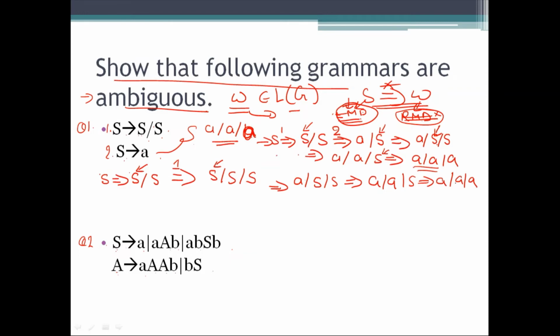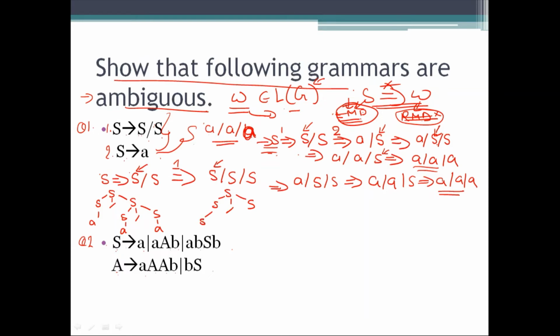So you are going to say that this string is ambiguous and this belongs to what? L of G, because you are deriving from the starting symbol. So this grammar is ambiguous. You can also draw the first derivation in the derivation tree. S is deriving this thing, A, again S is deriving S divided by S, A. For the second one, what exactly you are having? This thing.